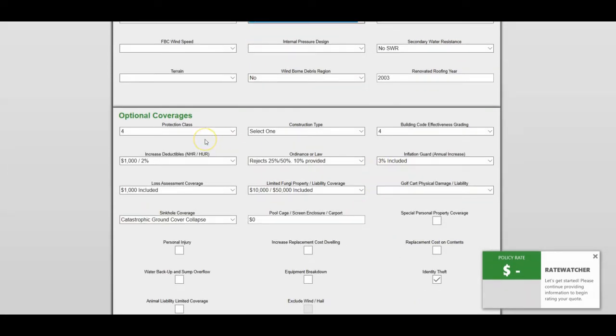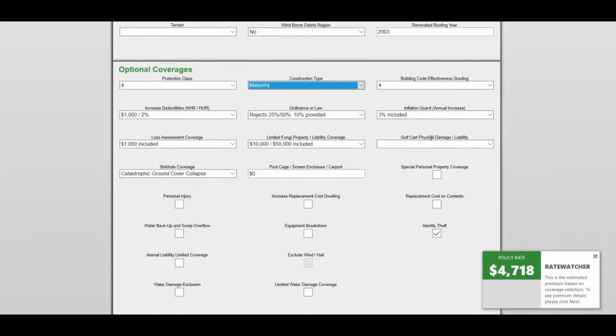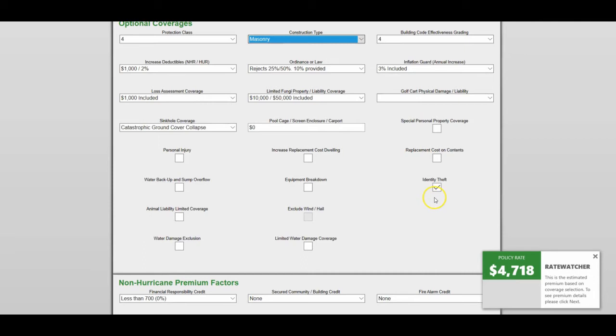Your protection class will pre-fill for you. You'll need to fill in your construction type. Your BCEG will pre-fill for you. And then from there you can select your optional coverages. Identity theft will automatically be checked, so you want to unselect identity theft. And then you can add your optional coverages like replacement cost, equipment breakdown,